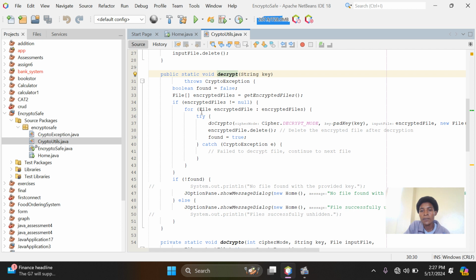So here, if your file matches the key you entered to decrypt your file,